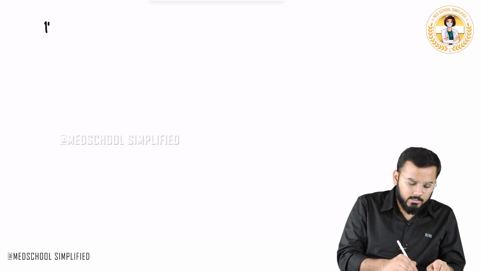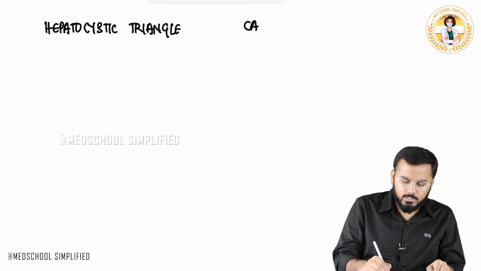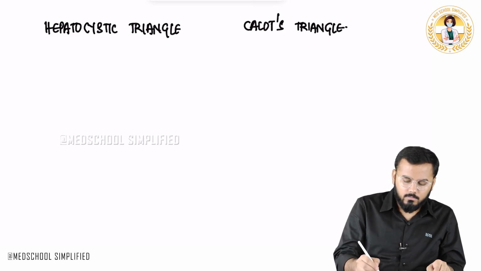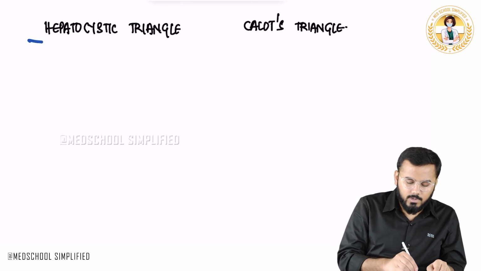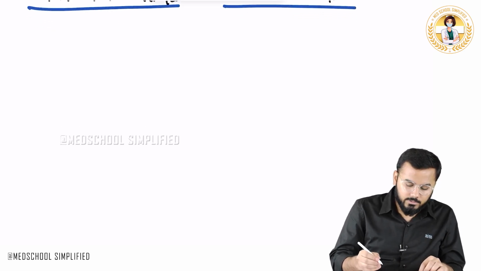One is called the hepatocystic triangle. Another one is called the Calot's triangle. Hepatocystic triangle as well as the Calot's triangle. Now coming to this hepatocystic triangle,